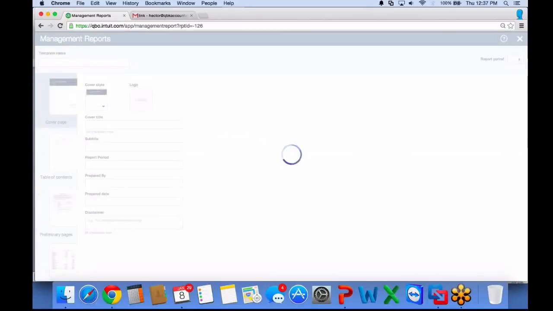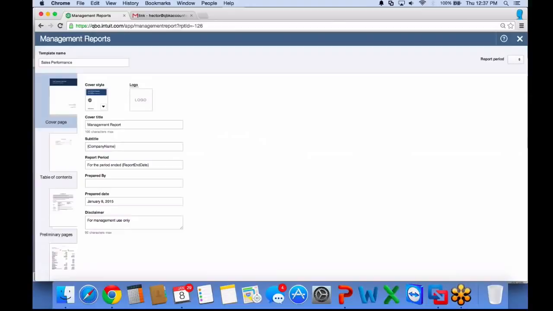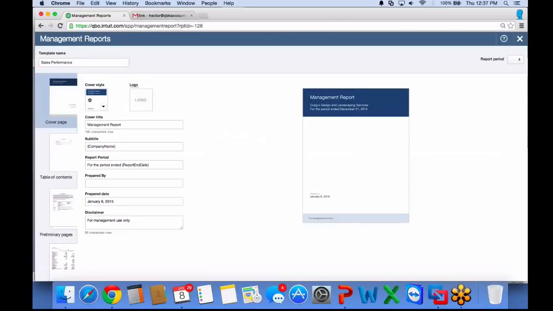So this is a custom-built management report that is a bundle. The template name is called Sales Performance, and we're going to give it a name. We'll call it Sales Performance Reports. Now, I don't have to type the name of the company. The system is smart enough that it just grabs it from your settings, and also the period end date is there. But I'm going to put here Hector Garcia CPA,